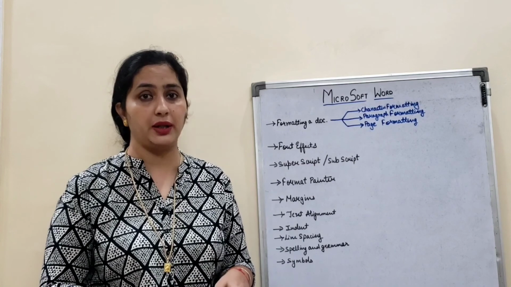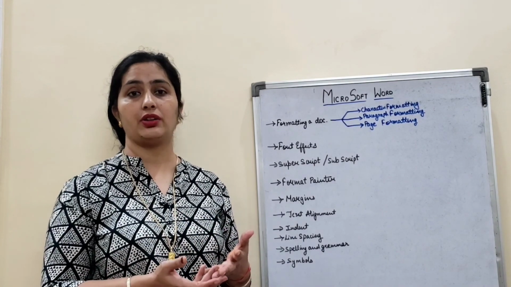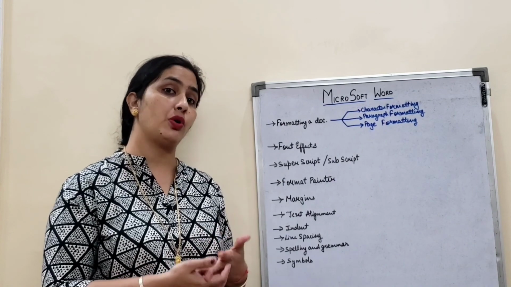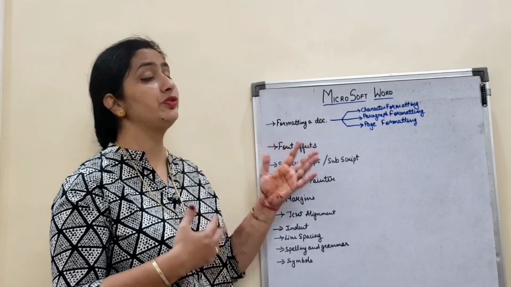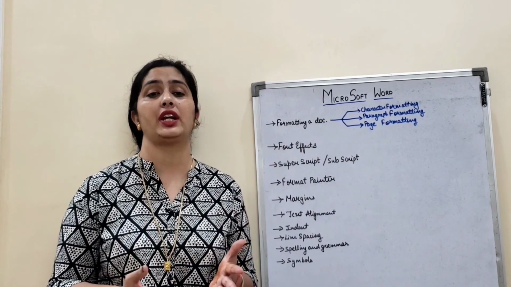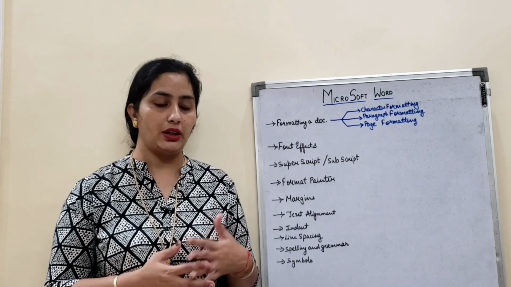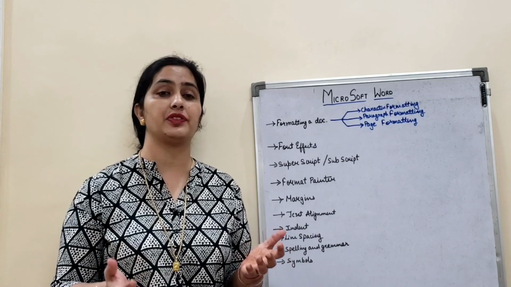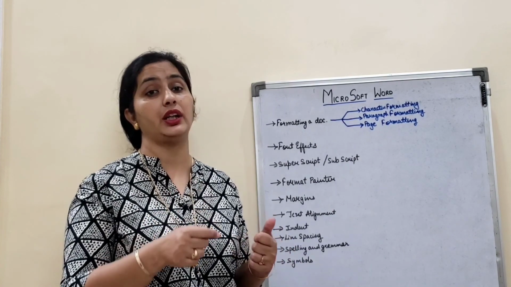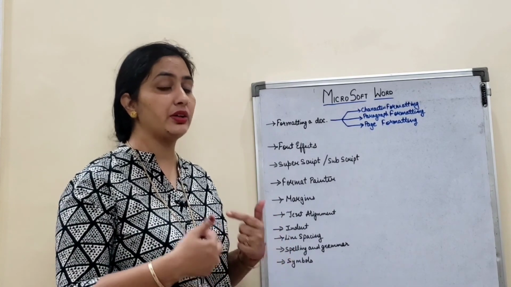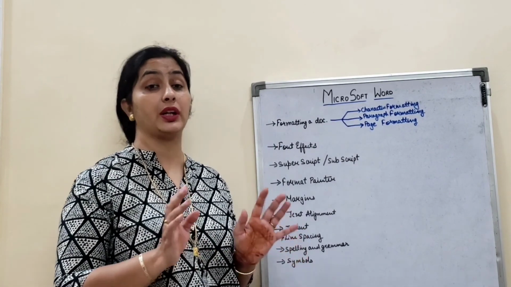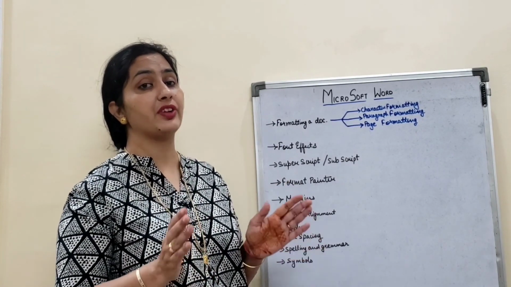You know how to type, how to apply different kinds of features like cut, copy and paste, how to save, how to open. Now what you are going to learn is how to format. Format means making your text beautiful. If one person has bad handwriting and another has good handwriting, the difference can only be seen when you are writing with your hand. But when you are doing that same work on the computer, all can have the same type of formatting, the same type of writing style.